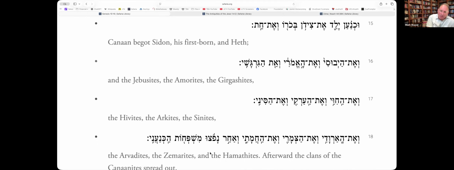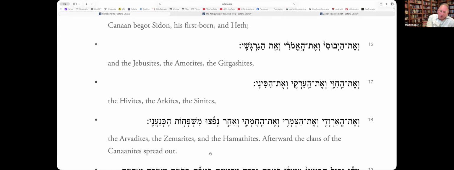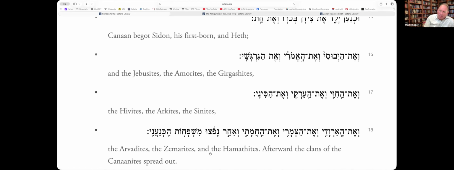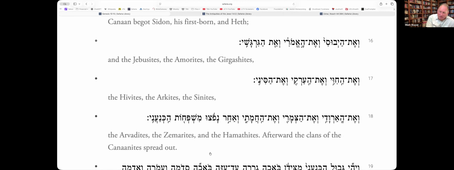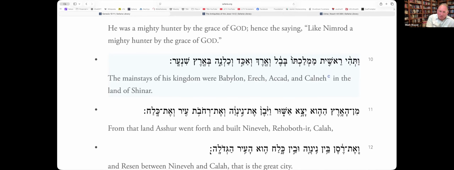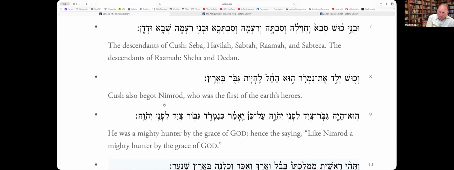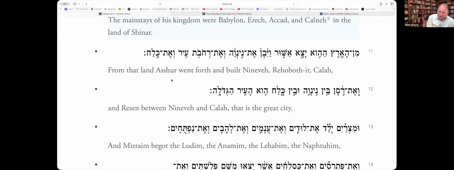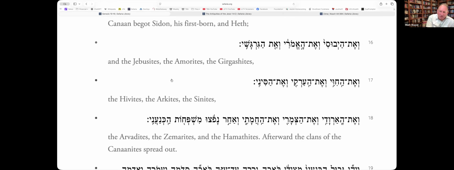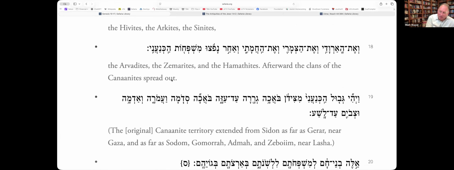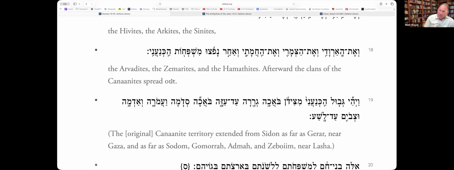So it does say that they're descendants of Ham, but linguistically and ethnically, they're pretty close to us. They don't seem to be descendants of Ham. But remember, this dude back here, Nimrod, was a descendant of him, and he built these cities like Nineveh and these other places. So it's really telling us, at least it seems pretty apparent, should it feel pretty apparent to you now that the J author is basically telling us that